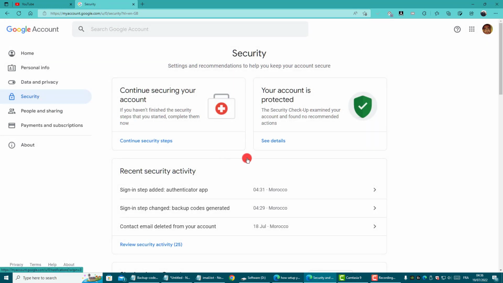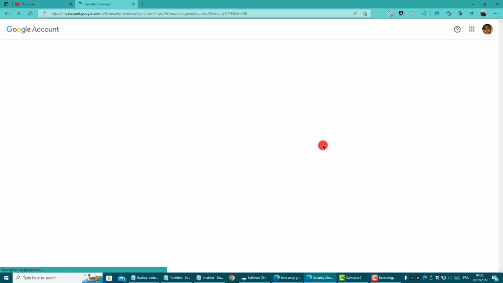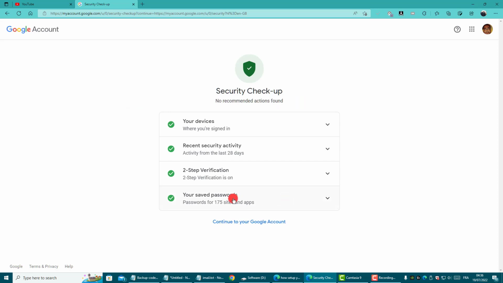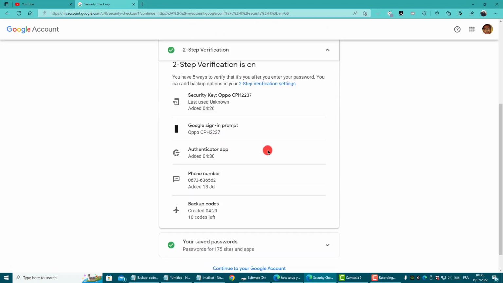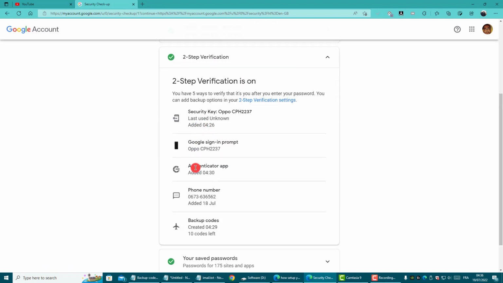and click detail, and click setup verification, to set up verification, and click authentication application, and